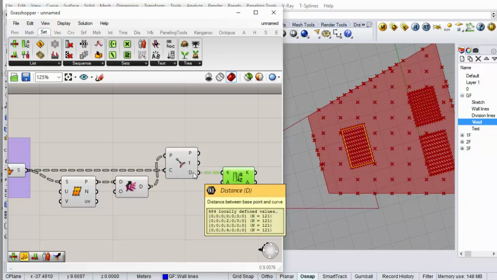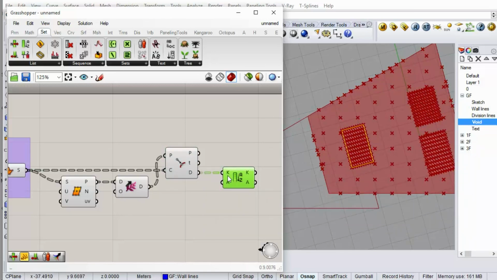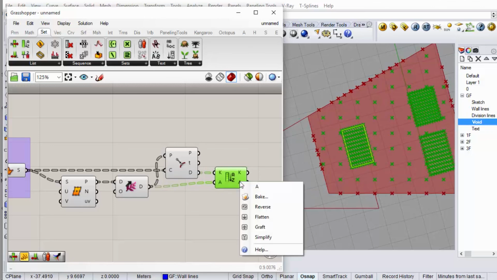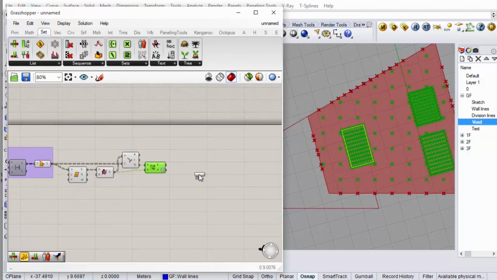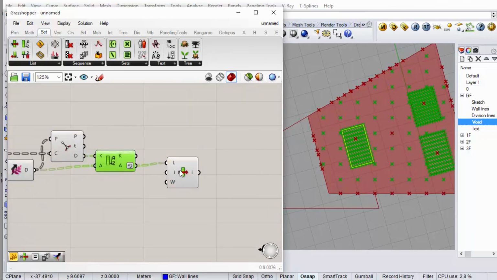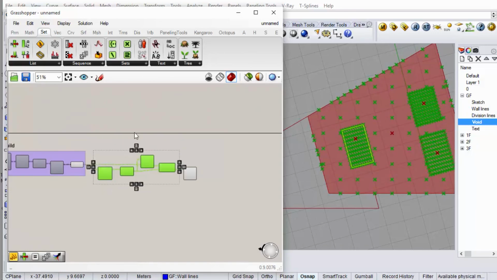So here we go. Here is the list of distances that's been sorted, and we want to sort the list of points synchronously. And because it goes from smallest to largest and we want the largest, we just reverse this list of points that have been sorted. Take the first one, and if I hide this,